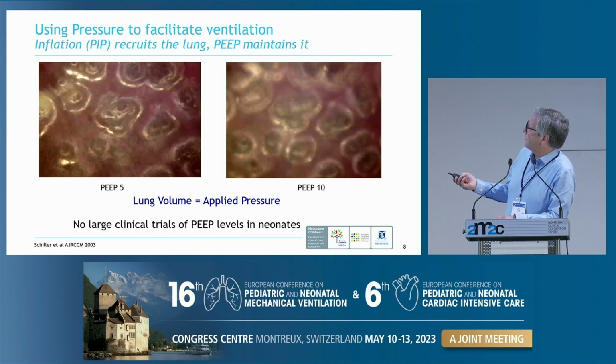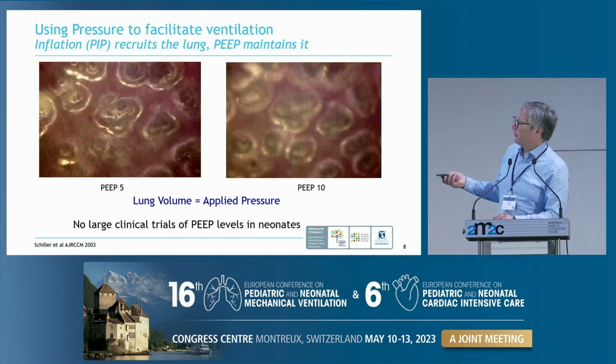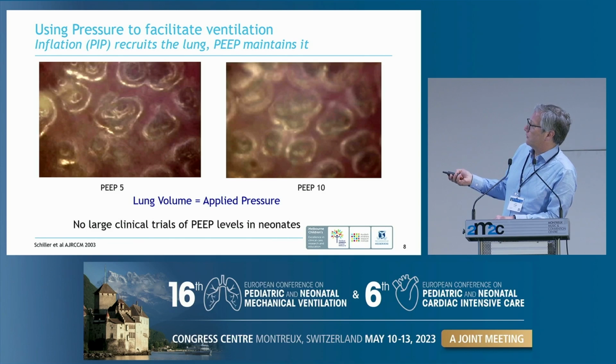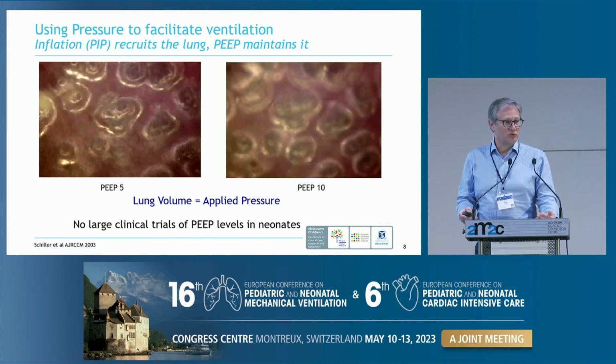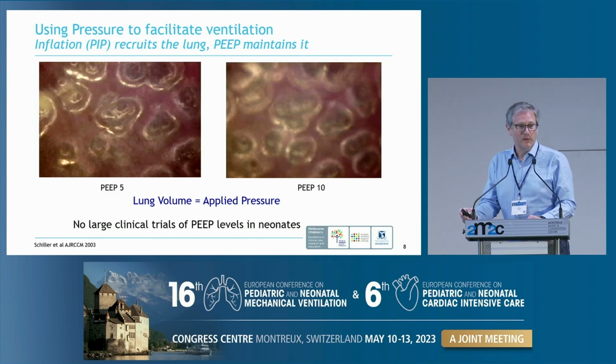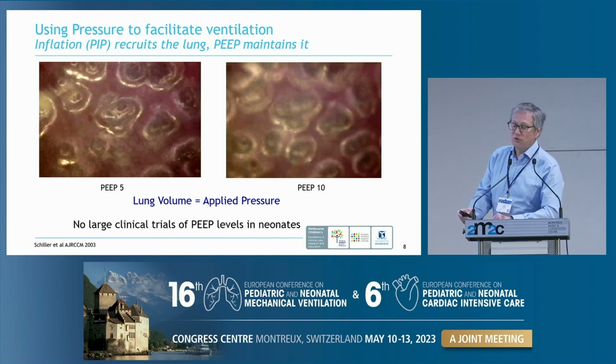So here you can see a nest of 3 little alveoli. You can see here 2 more little alveoli. In the video, you would see that when they're being applied with a PEEP of 5 and an inflating pressure, these alveoli are opening and closing. But in expiration here, you can see this alveolus is collapsed. These alveoli are actually maintaining end expiratory volume at the end of positive inflation pressure.